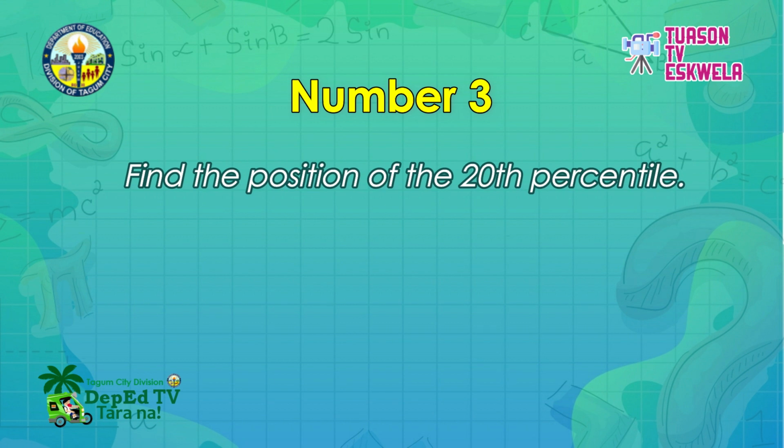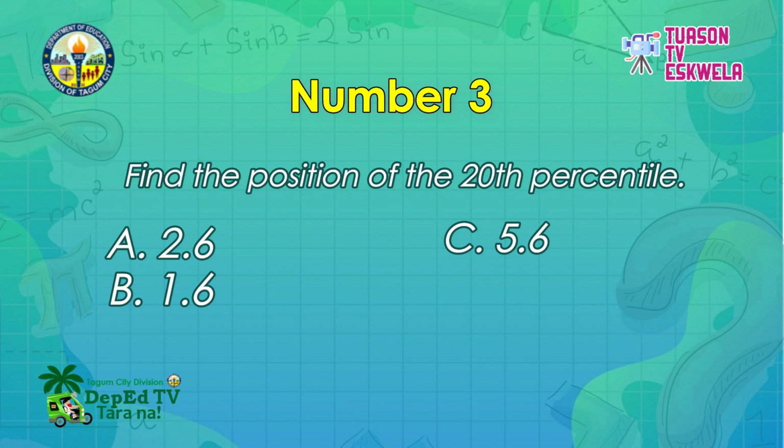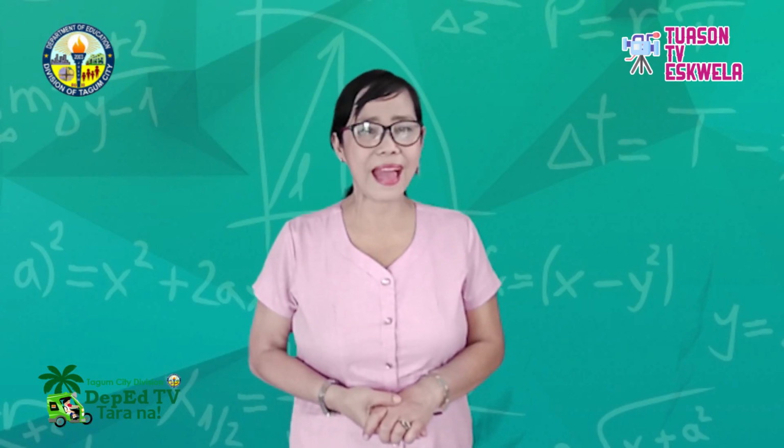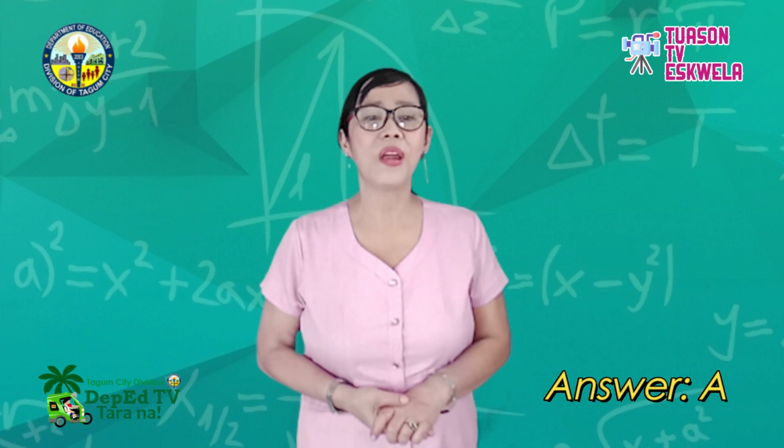Choices are letter A, 2.6, B, 1.6, C, 5.6, and letter D, 3.6. Your timer starts now. Time is up. The correct answer is letter A,